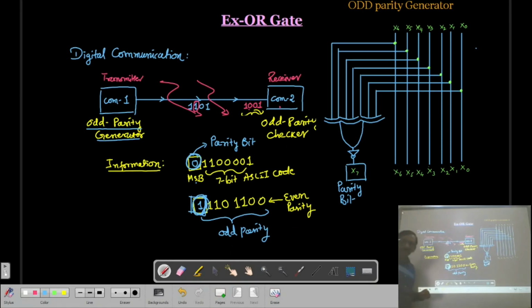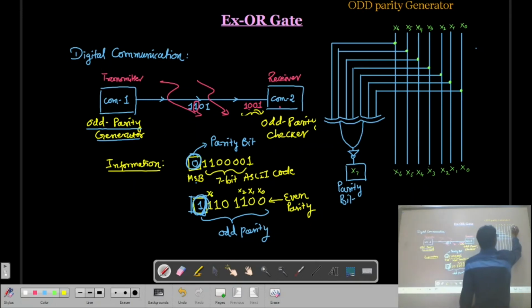So now let us consider one of the data. Suppose this is 0011011, this is your x0, x1, x2, and this one is x6. So here the number is 0, 0, 1, 1, 0, 1, 1.